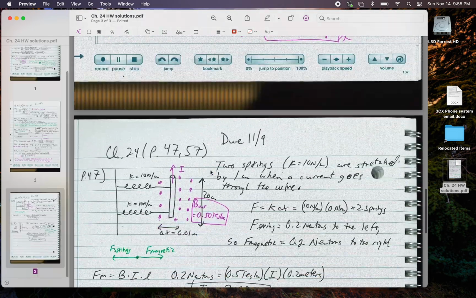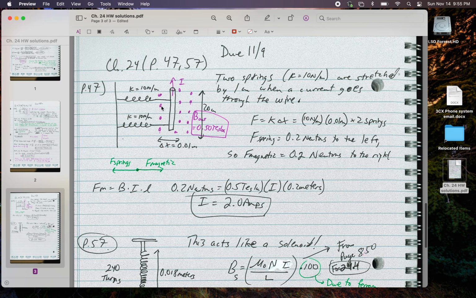Okay, and then going back to 47, 2 springs here, the current's going up, it says the springs are stretched, so that means the springs are pulling to the left, the magnetic force is pulling to the right. If you know that, then you can figure out, I guess you weren't asked the direction of the field because it was given to you or shown as dots, but you could figure out that if the current's going up,